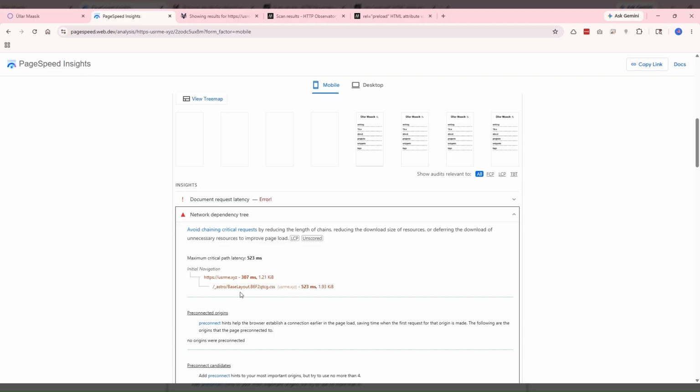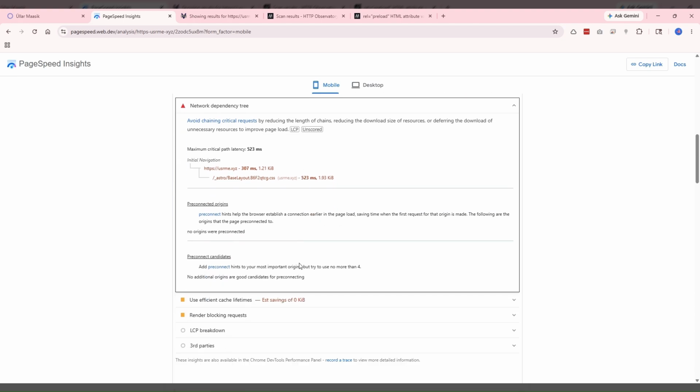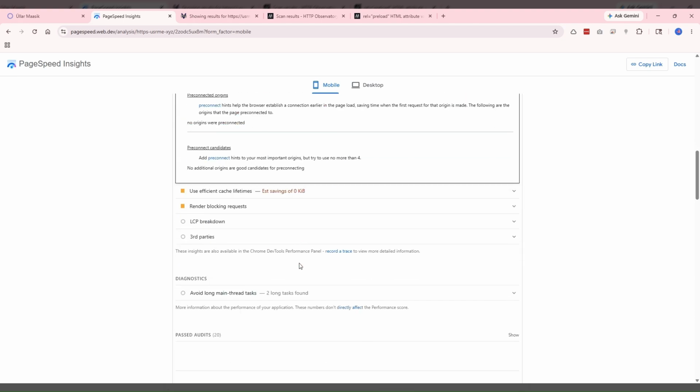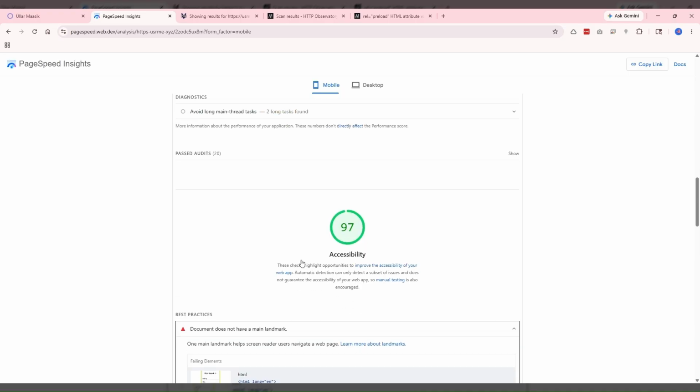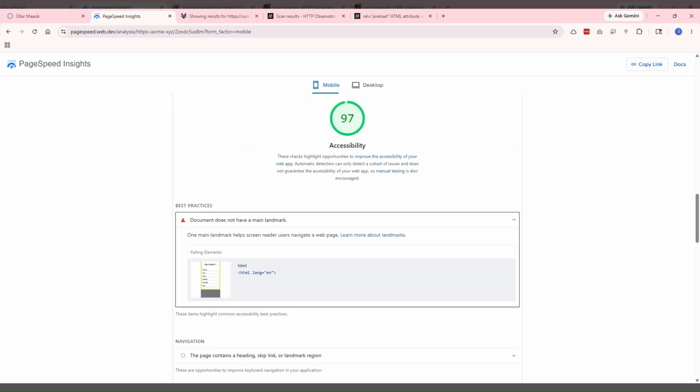It's saying that some of your scripts that we saw take a long time to load, right? So normally, what you would do is you would put in something like a defer or an async tag there. Say that as you're painting the DOM, at the same time start downloading the script. So as not to block anything, right? Don't block the main thread, let it do what it's doing, right? And so on. So it's got accessibility, it's 97, because it's saying that you have not mentioned this element, but